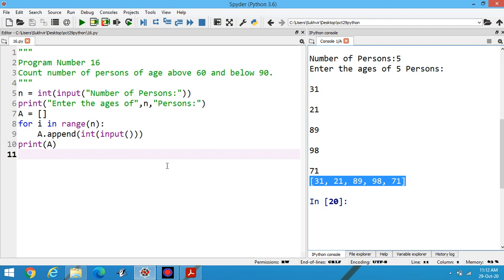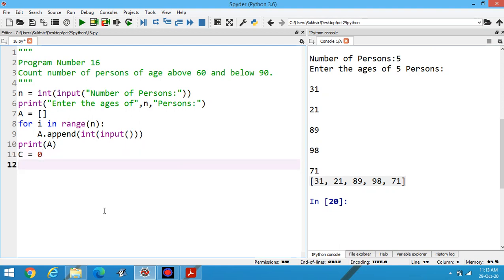Now after entering the ages, what we have to do? We have to check how many number of persons are there between age 60 and 90.